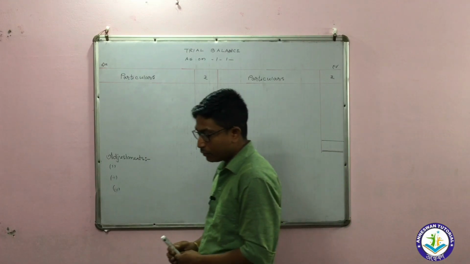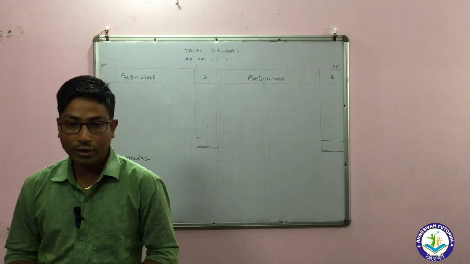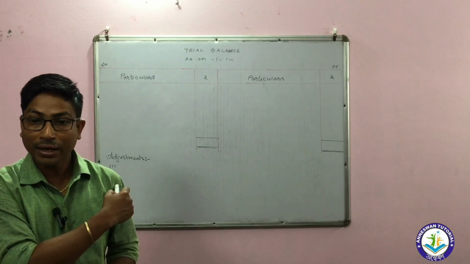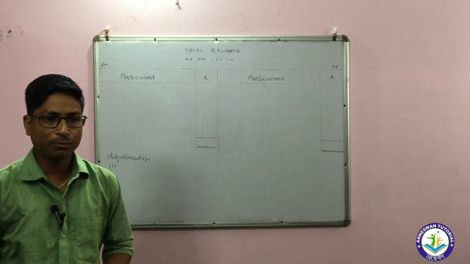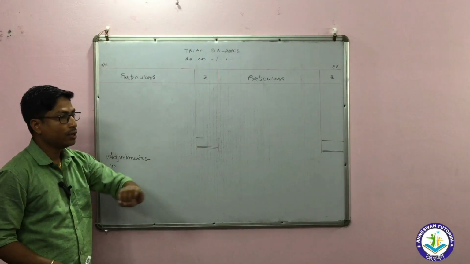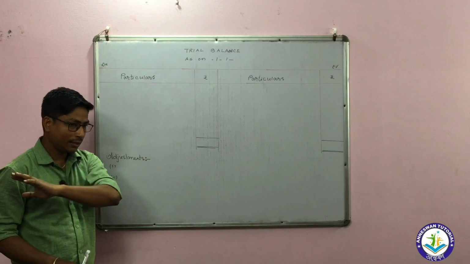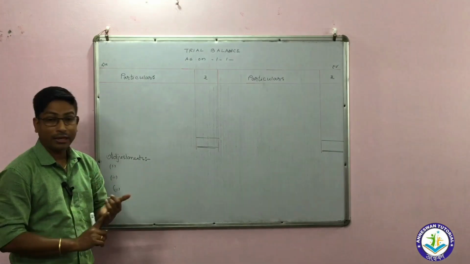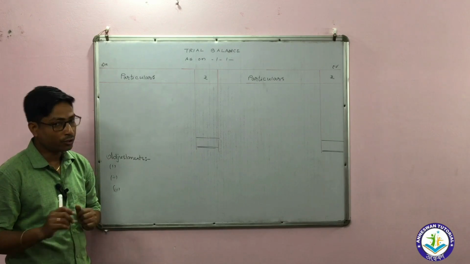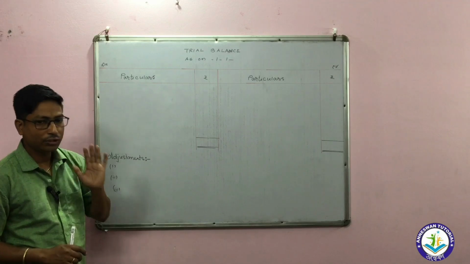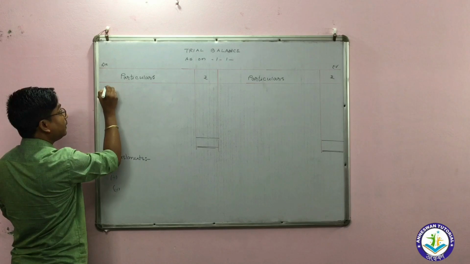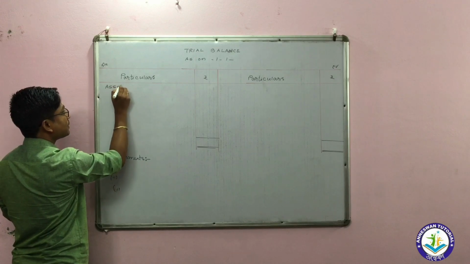Then you will be able to find out any particular item which is required to prepare all such accounts: trading account, profit and loss account, then a balance sheet, appropriation account. All those accounts can be prepared with the help of information given in this portion. So first, the name of those accounts which are to be prepared under final account. Let us see what the features of a trial balance are: the debit side of the trial balance contains all the assets,